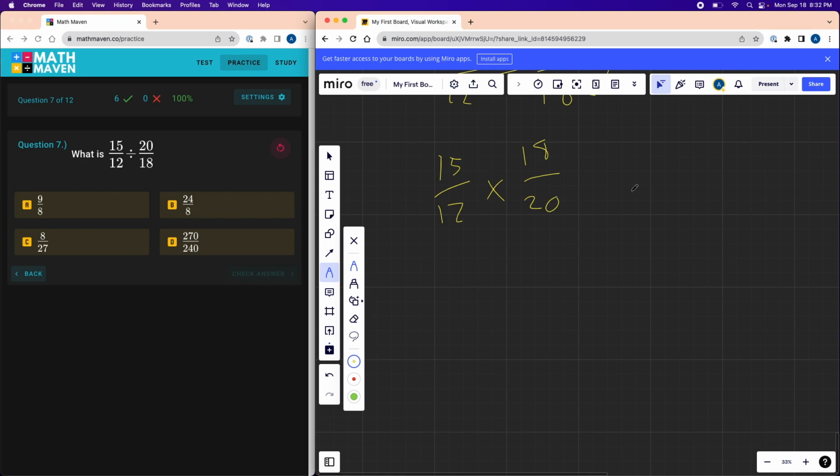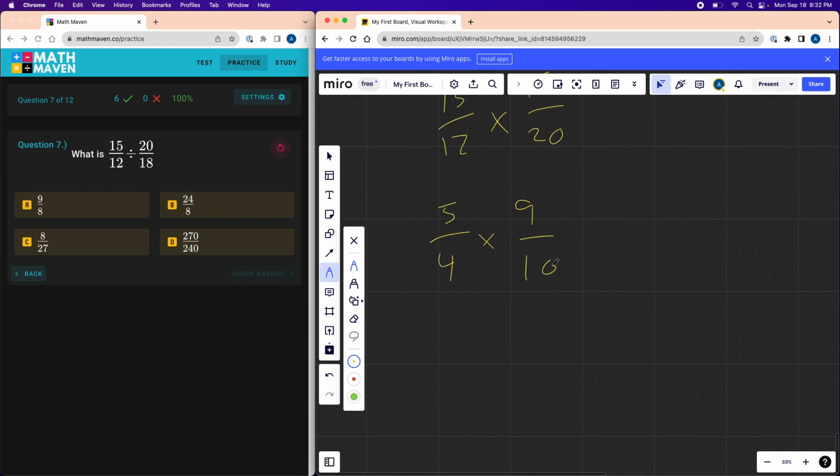Now this problem looks a lot easier, but we can take it a step further. We can simplify both of these fractions here. So 15 over 12, we could take a 3 out of both of those, and that would be 5 over 4. And then 18 over 20, we could take a 2 out of both of these, and that would be 9 over 10. And now we could take it a step further, because we should see that this cross section here, we could simplify even more. So we could take a 5 out of both of those, and now that would be 1 over 4 times